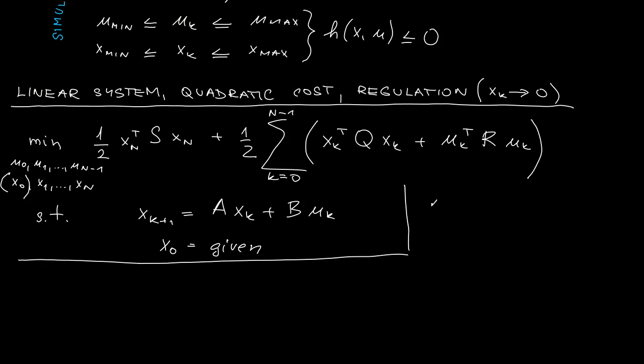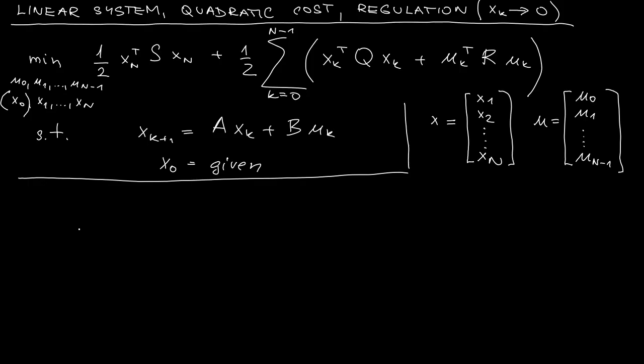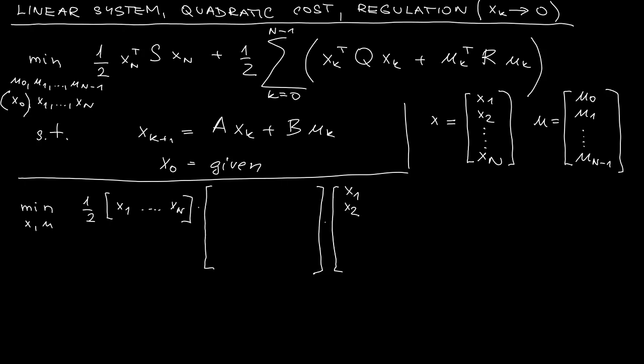Now, what we will do in the following is that we will take all these state vectors and stack them into one long, super long column, similarly with the control signal. So then we can write down the cost function in the following explicit way. The term corresponding to the state at the final time will have this long x vector transposed. In fact, I forgot to include the transposition signs with each individual x. And then